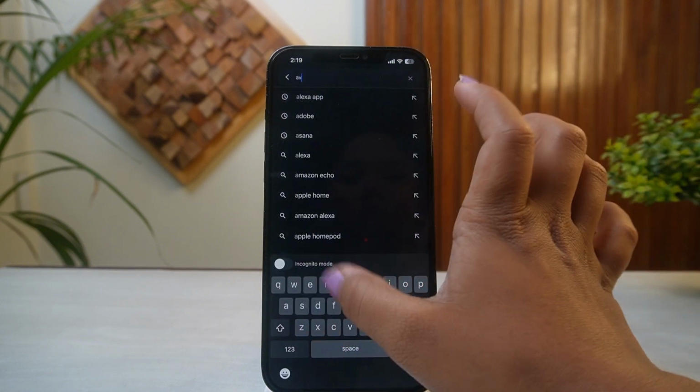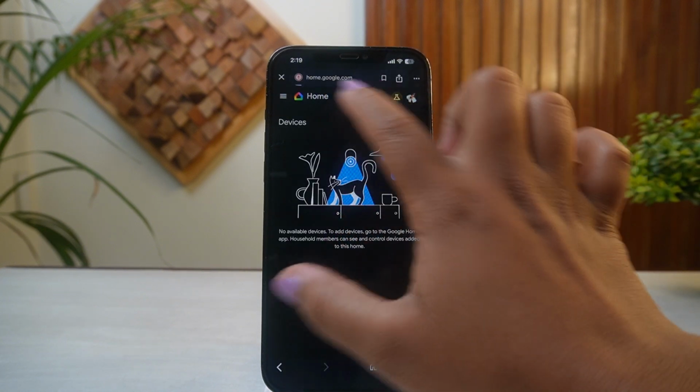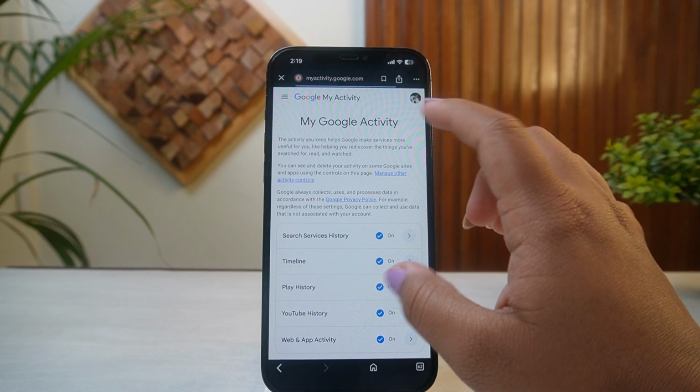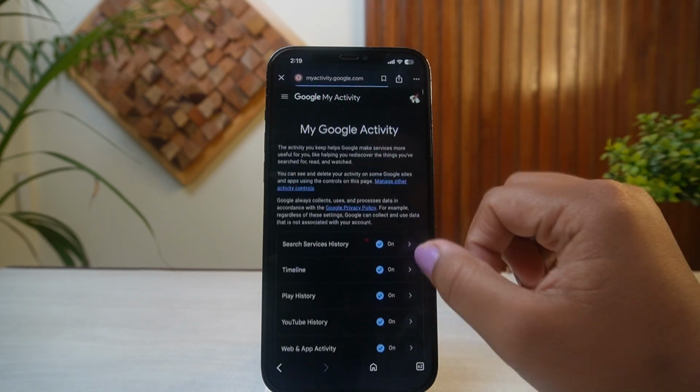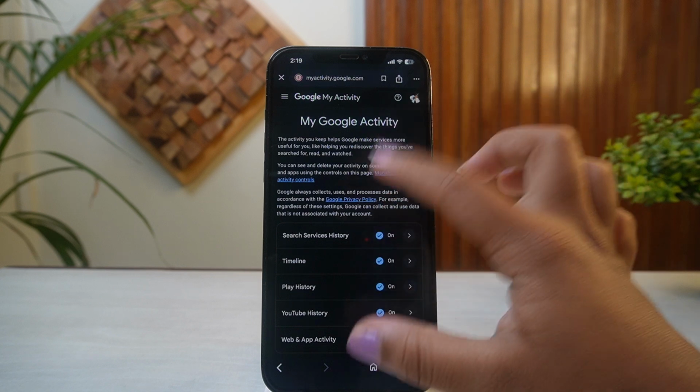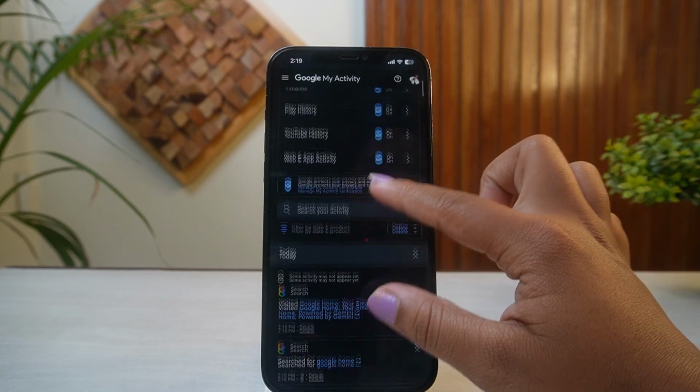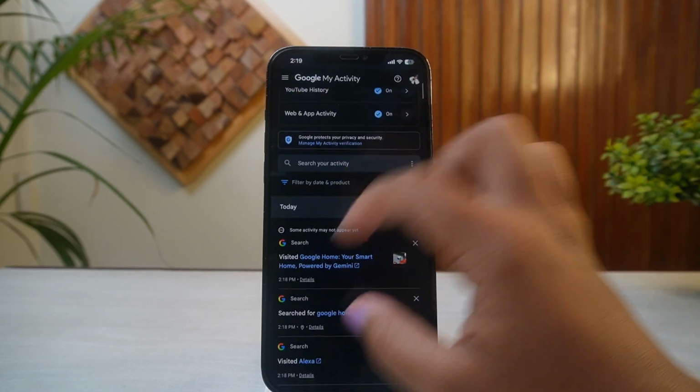Let's just get into activity. Just like this, I've gotten into activity.google.com, and in here you can filter the search by Google Home, and then you can simply select the option